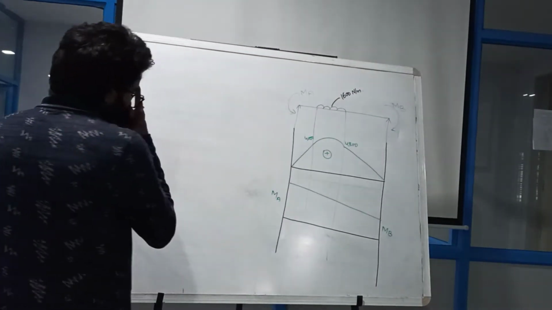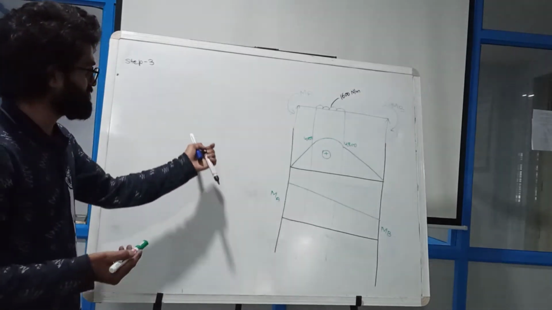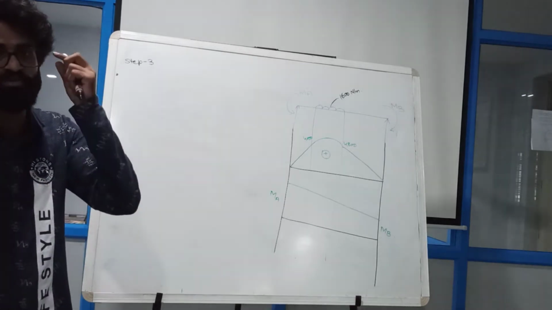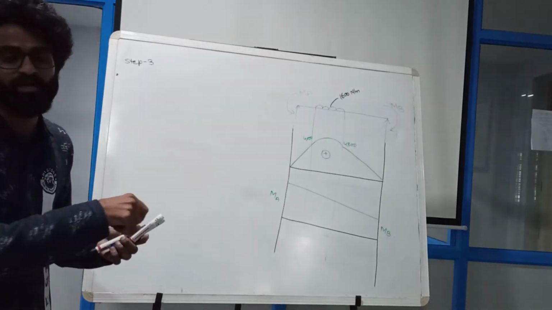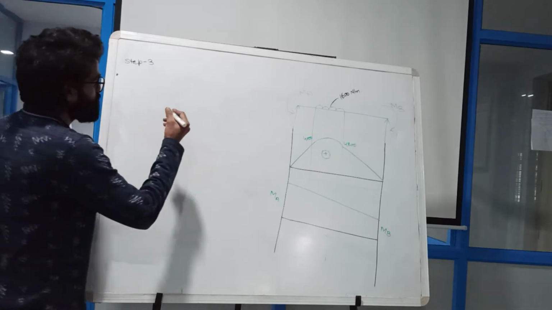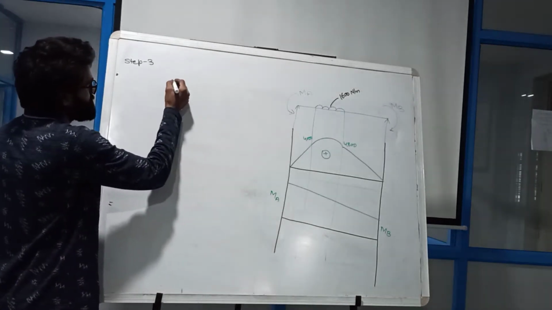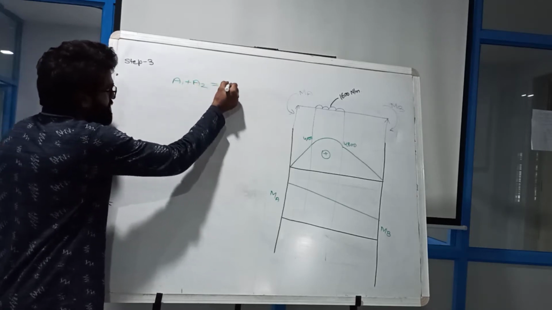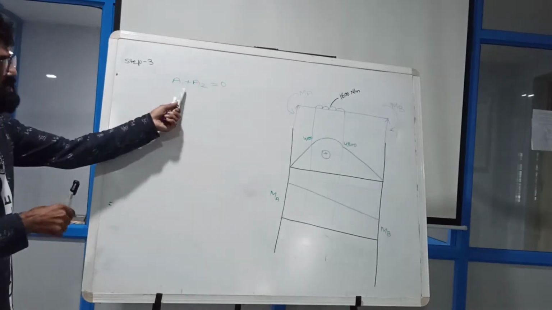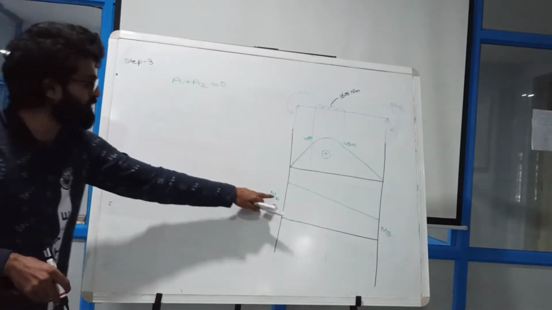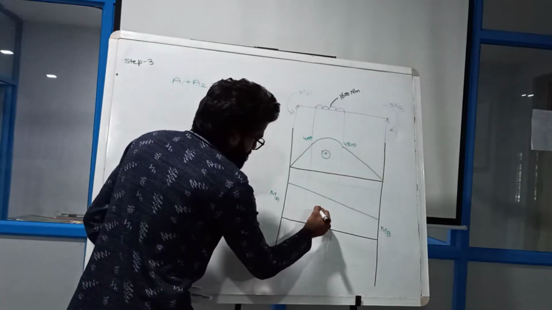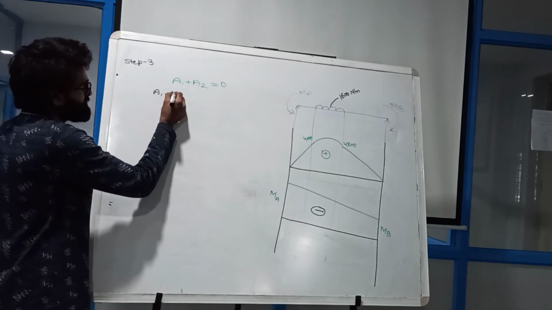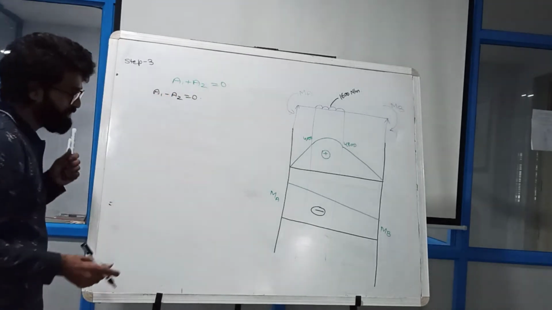So you can see in the diagram carefully that now I am going to calculate step number 3. In step number 3 we are going to calculate, as you know, by using the slope formula. So by using the slope formula I am going to get A1 plus A2 is equal to 0. Already we did that. So we have to compare here area 1 and area 2. Area 2, as you all know, bending moment came negative for this, so area 2 will be negative. So I can write here A1 minus A2 is equal to 0, that we already did.